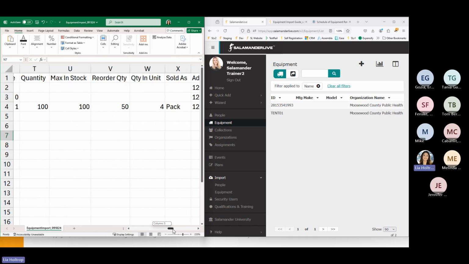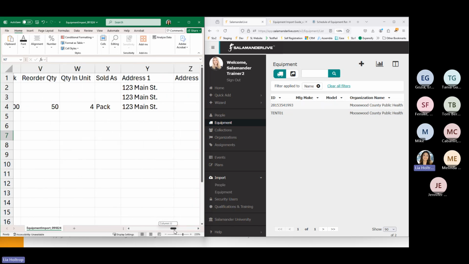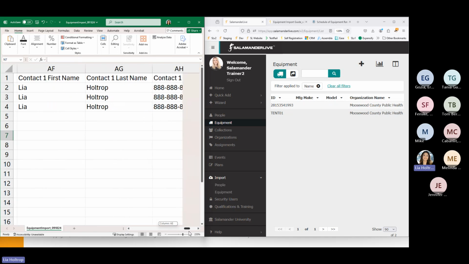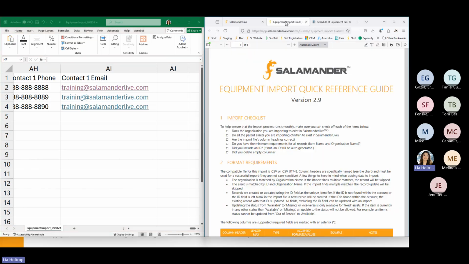Consumable. If it is, you could put true or false in there. There's other options like N is no, 0 is no or false, and then 1, yes, true. Okay. Your quantity is in here, how it's sold as a pack, address information, contact information. Okay. So all this information right here, if you're unsure how to fill that out, it's in this import guide